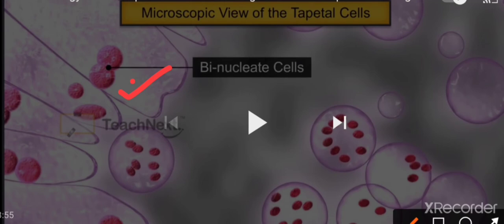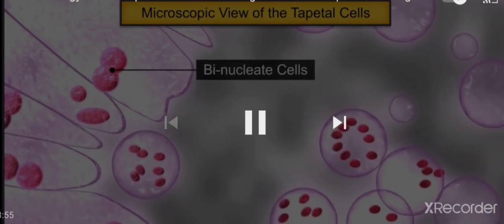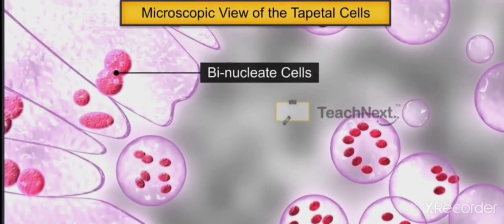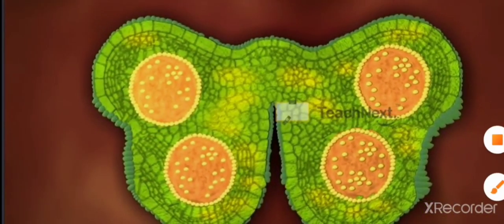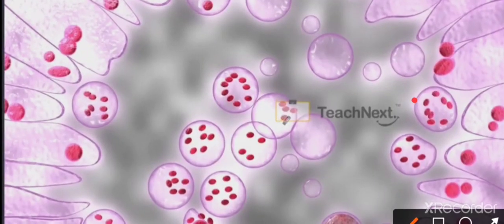And what is the function of tapetal cells? They provide nourishment to the pollen grains. It helps in the development of pollen grains, and we know that the tapetum has dense cytoplasm, and it contains more than one nucleus. And the tapetum is the innermost layer, isn't it? It gives nourishment. And the tapetum is followed by the innermost part, where you can see the sporogenous tissues also, isn't it?